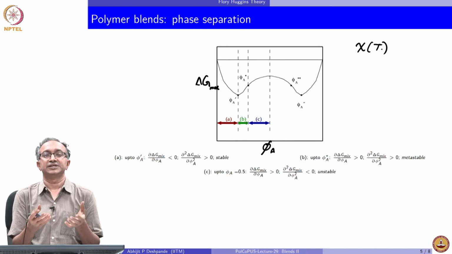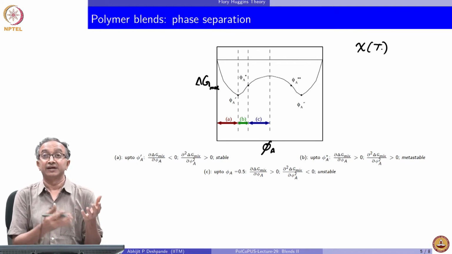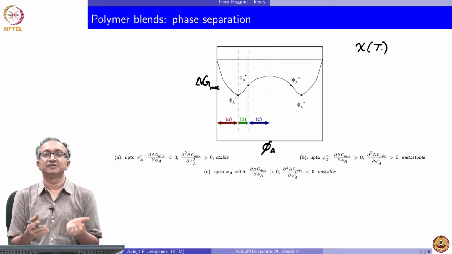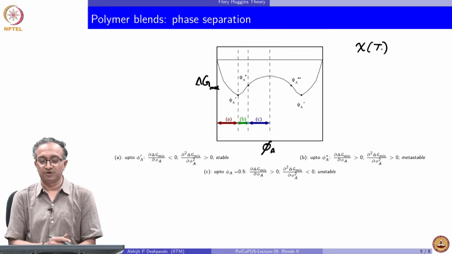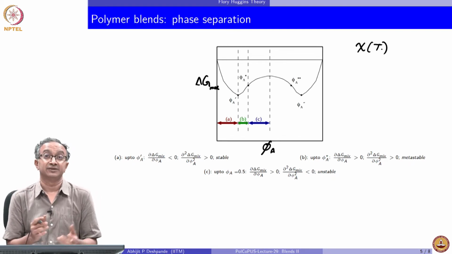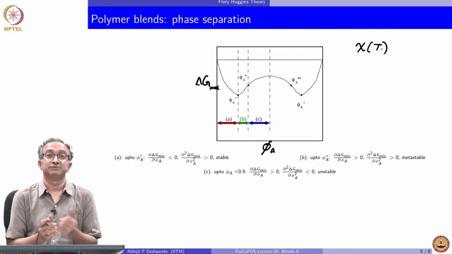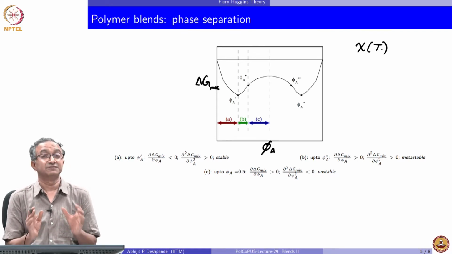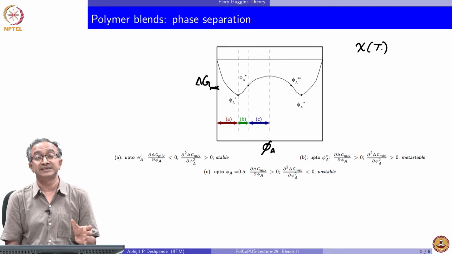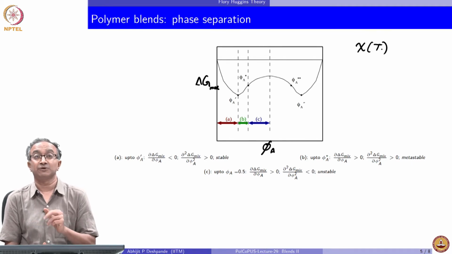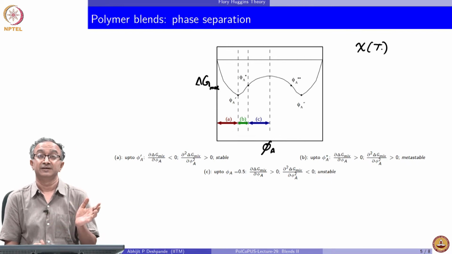Basically, temperature changing is with respect to the interactions between the two macromolecules. And the thermal energy, and the interaction in relation to that thermal energy, will determine whether miscibility is present or not. And chi can increase with temperature or decrease with temperature also. So that gives you a hint that polymer mixing may be enhanced when you increase the temperature, or polymer mixing may actually be decreased when you increase the temperature.